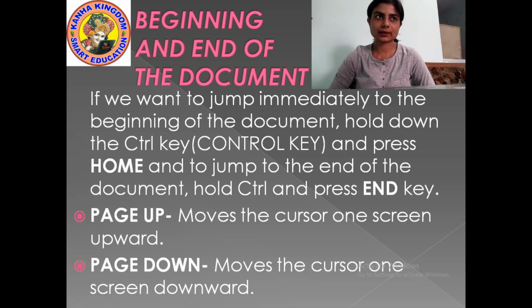If you want to jump immediately to the beginning of the document, you just hold down the control key and press the home key.